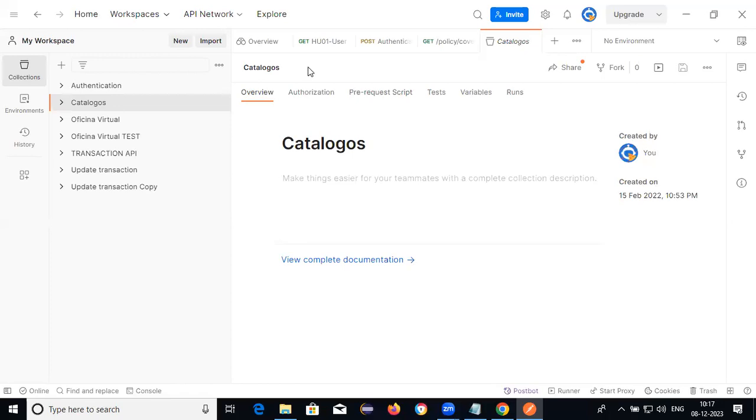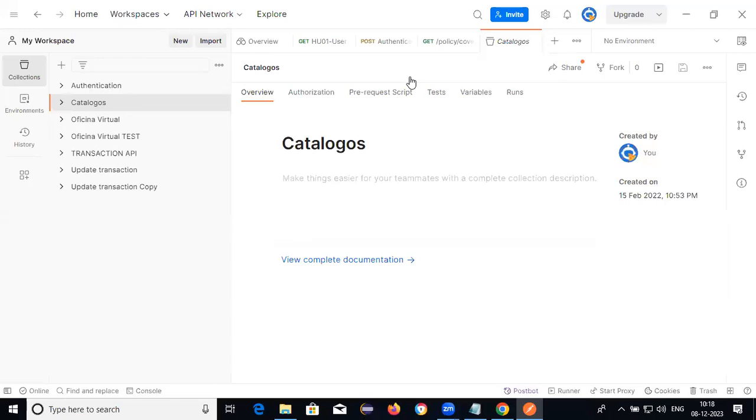Whatever we are able to delete, the deleted employee ID, we need to provide in query parameter. Is it clear now?